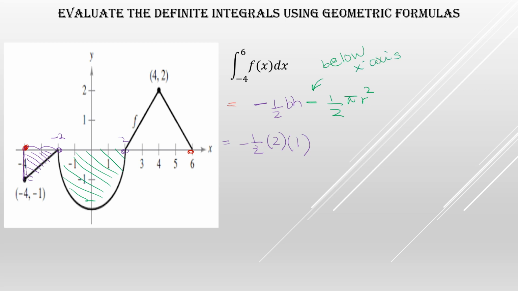So after that one, you know that just solve it also. Negative half pi. What is our r? Radius, you know already, calculated already. That is two boxes. So you have here 2 whole square. Now you have another triangle. Look at this. The third figure is a triangle from 2 till 6. So the triangle is above the x-axis. So you will write it here plus, and the formula of the triangle is half BH.